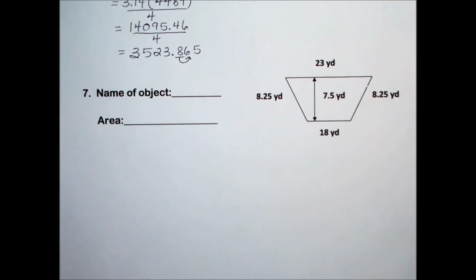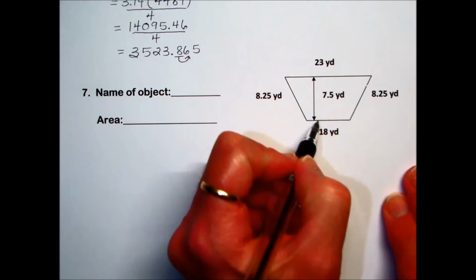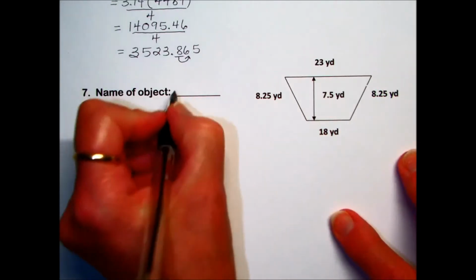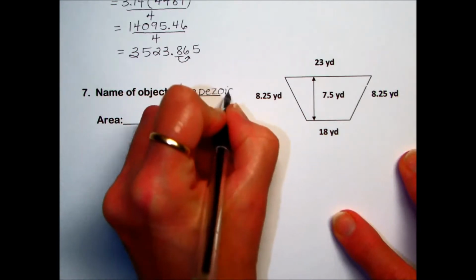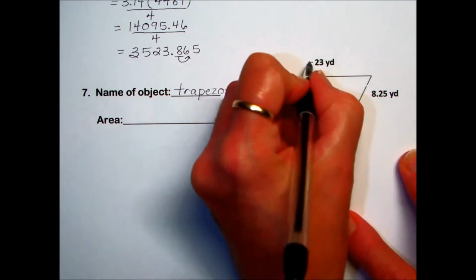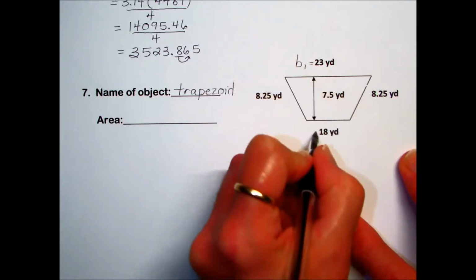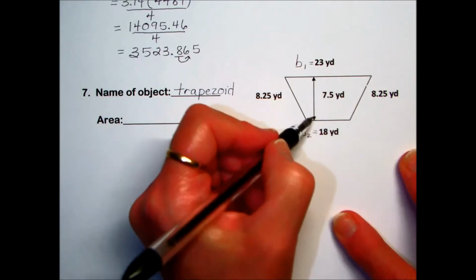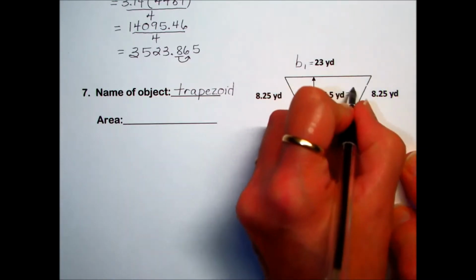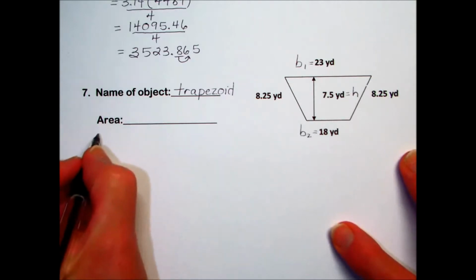In problem number 7, as far as naming that object, what we have is a four-sided figure with only one pair of parallel sides opposite one another, and that's called a trapezoid. In a trapezoid, we have special names for the sides that are parallel. We call those bases, and I'll refer to these as base 1 and base 2. The distance between the two bases is called the height, and I'll use h to represent that value. To find the area,